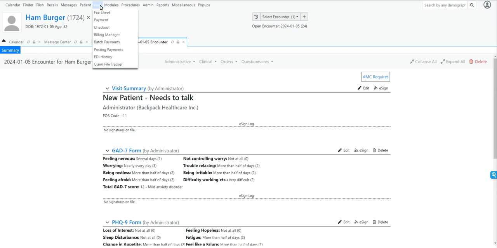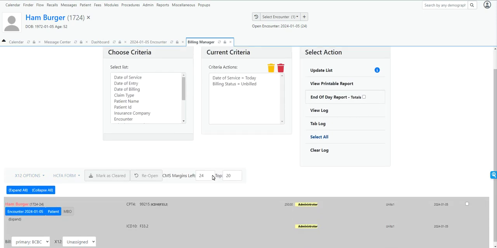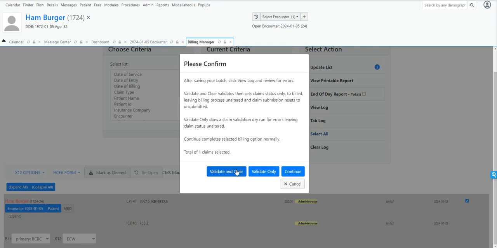If I go to fee and go to billing manager, and there it is. Now, this is where I can review the visit, the encounter, and let's see, ECW, and we got that insurance company. So now all I would have to do is select that, go here, generate, and I can do a validate and clear or a validate only. If I do validate only,